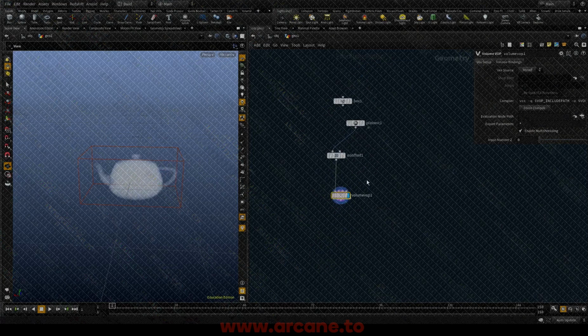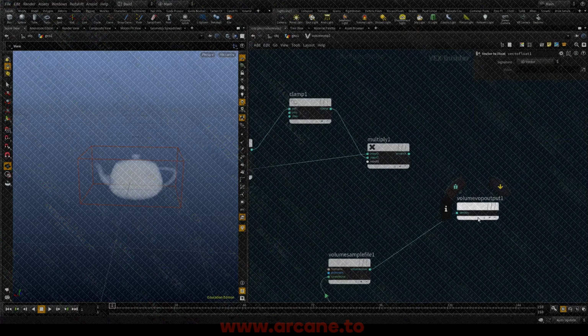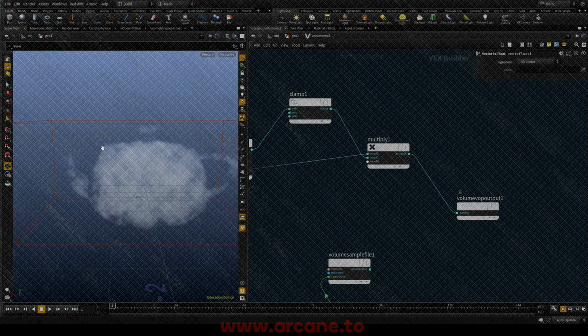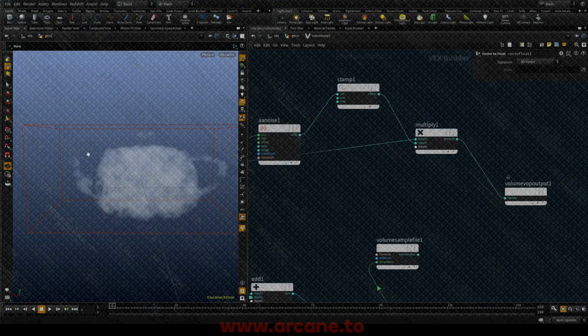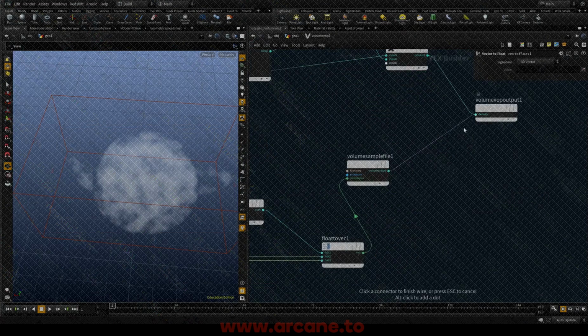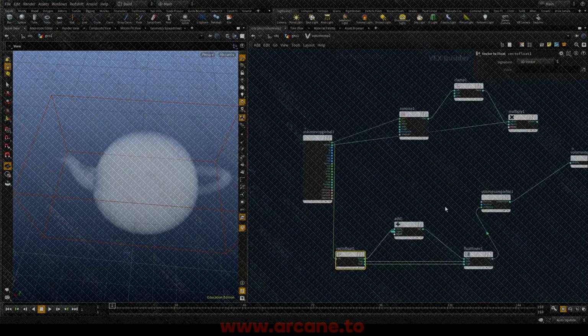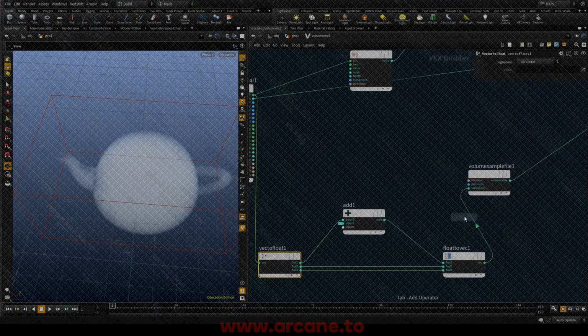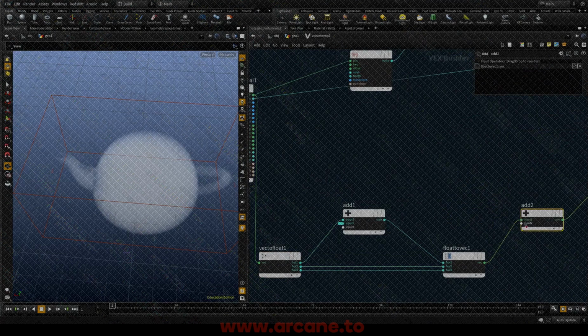And what we can do is, if you guys remember when I did the noise here, the noise is not breaking these edges, and the reason for that is because we're not telling any voxel to sample from a different location. Each voxel is taking its value from its current voxel position, and we're just multiplying the values by a different amount. And if we want to break the edges, we can simply take the position itself and add noise to